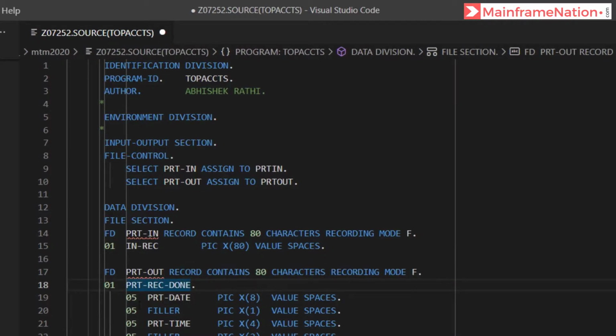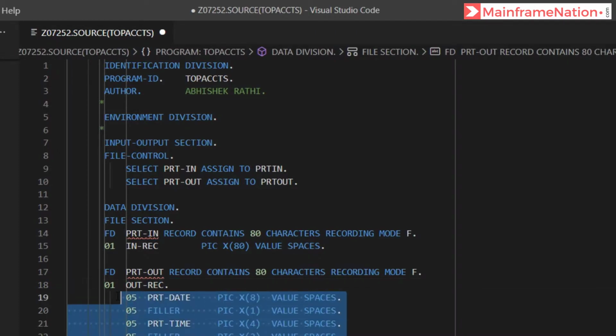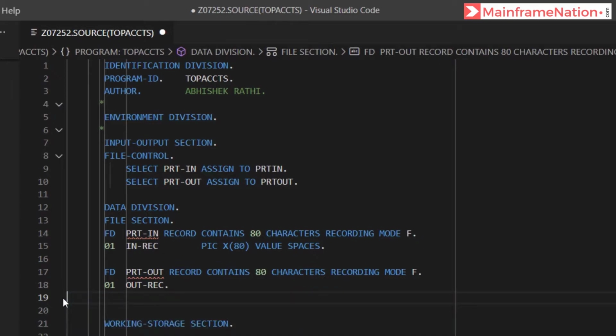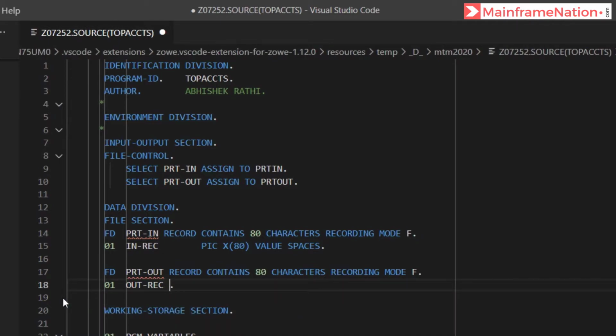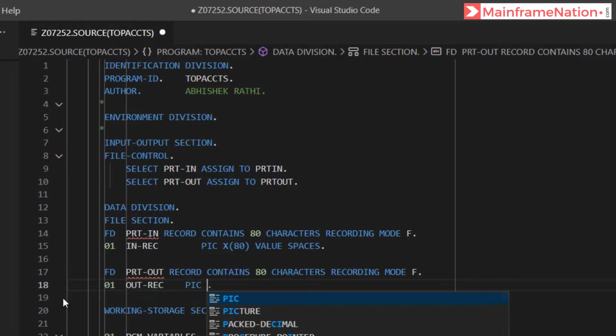Let's call it out record. Remove this old code. And here we can give PIC X of 80. And let's give the initial value as spaces.